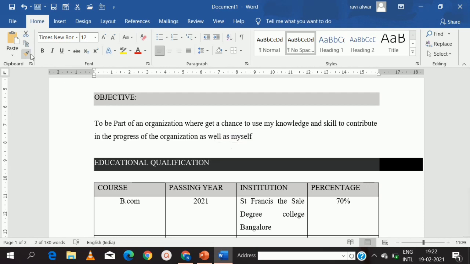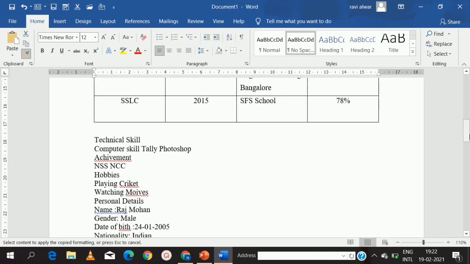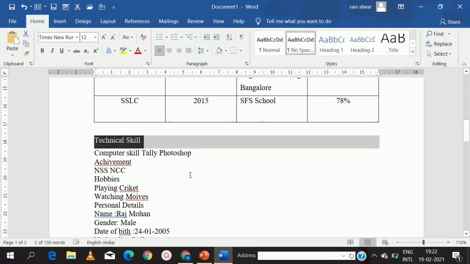You have the paint option here, or when you copy you will get it here itself. Click on this format paint, then come down where you need to apply, and just apply on that particular text. I want this in uppercase, so do it in uppercase.